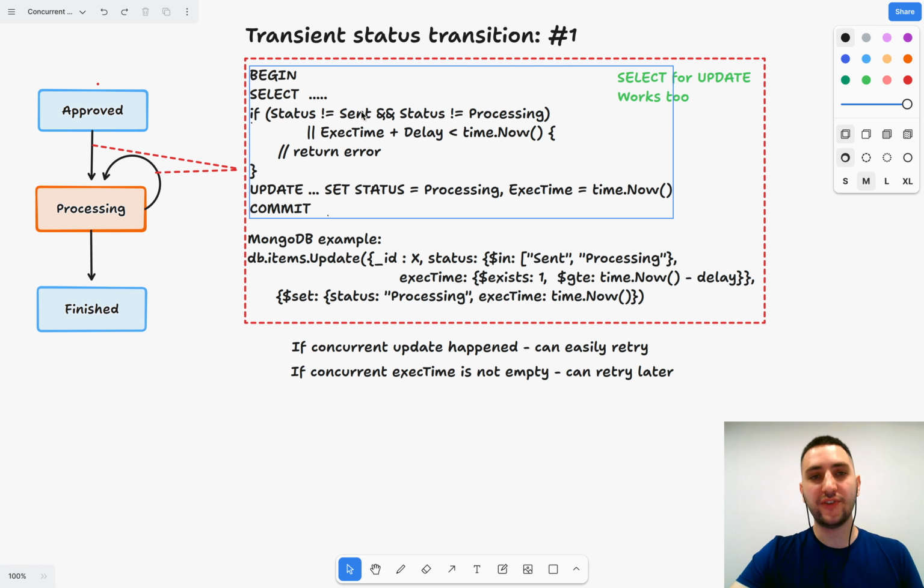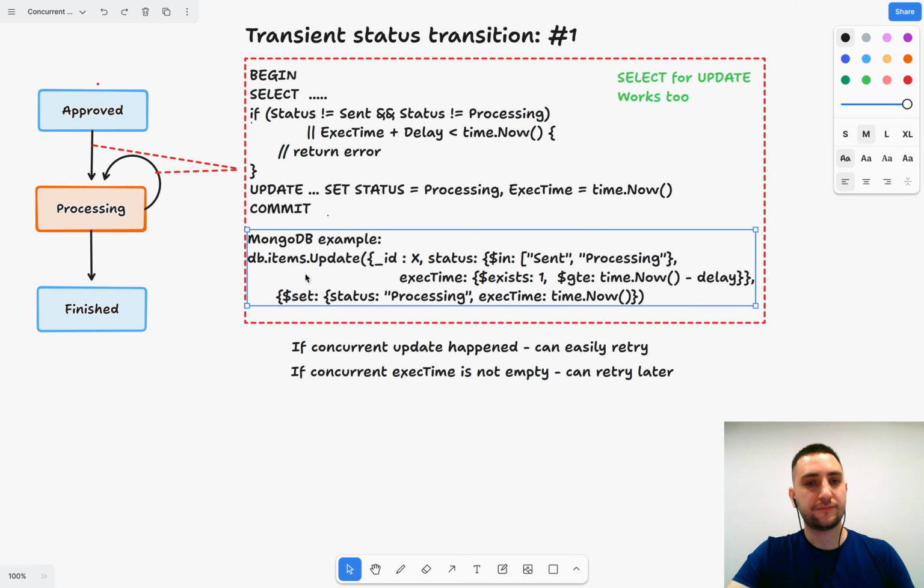And in SQL, it's very simple. We have a transaction, and inside the transaction, we just check if a certain time has already passed since the last execution of this transition. And when we lock the transaction, we specify the time that the lock was made. So it means that if some other process tries to execute exactly the same SQL statement here and apply the same logic, it will not succeed until a certain time has passed since the last time we tried it. Same stuff could be executed through NoSQL, MongoDB for example, works the same way,